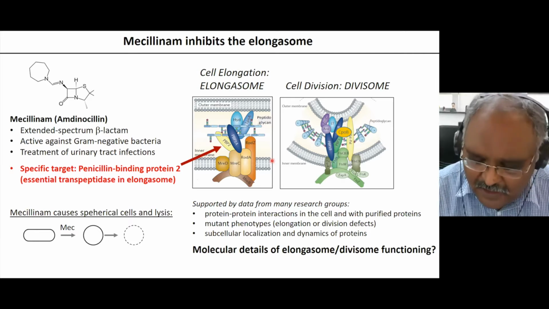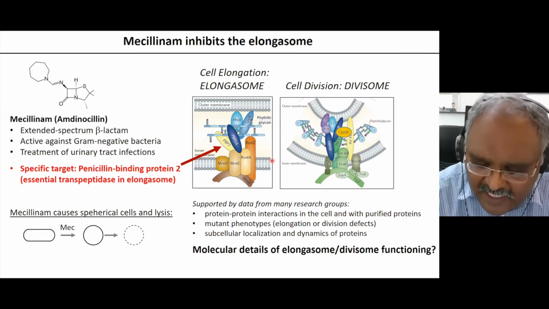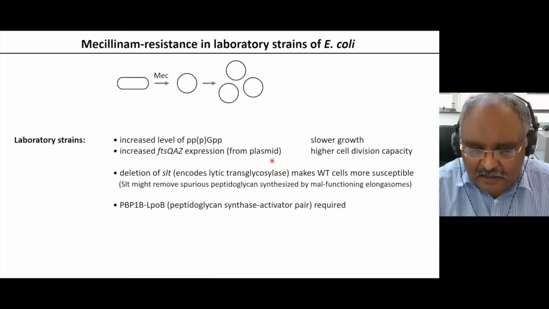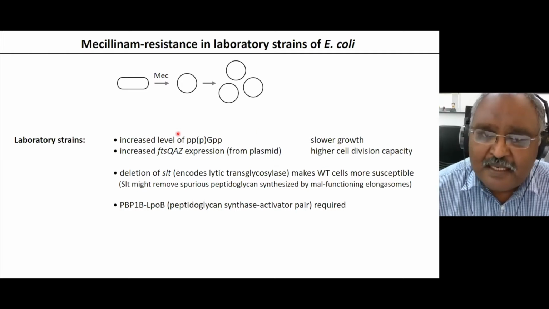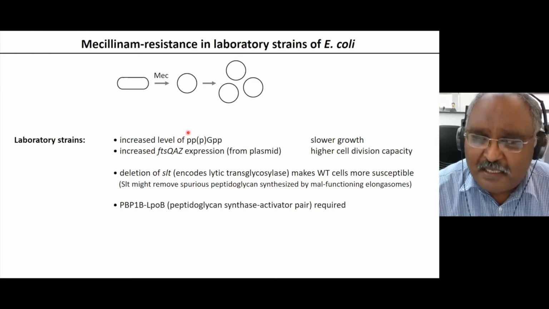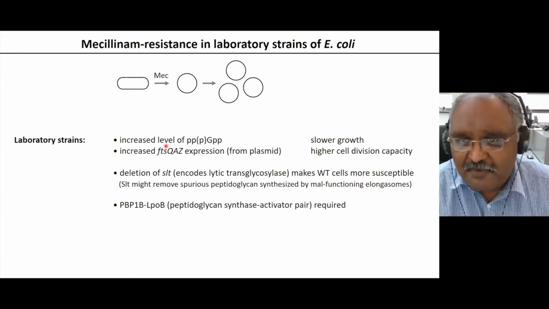These work in bacterial biology, we can develop strains that are more resistant to antibiotics. Mesalamine resistance, or increased resistance to mesalamine, in laboratory strains can be achieved in two ways: by increasing the level of ppGpp, a secondary messenger system, and this increase in ppGpp causes the transcription and translation of multiple proteins in the cell, and also increases the expression of FtsZ that is responsible for the divisome assembly.